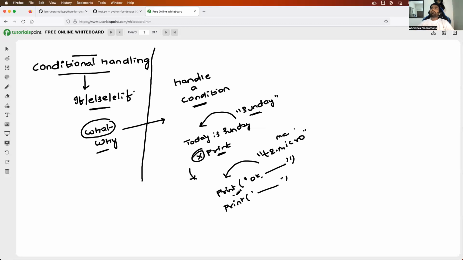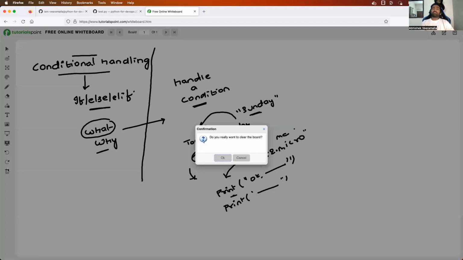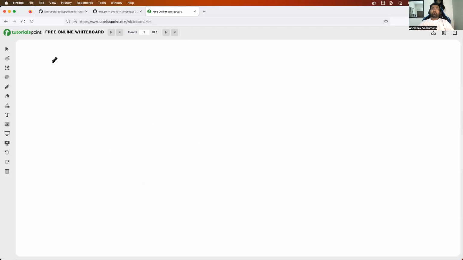Now how do you do this? Till now what we have learned is how to write the print statement or how to write a block of code. But we never learned how to execute code only when a condition is met, or depending upon a condition. I said only if the instance type is t2.micro, or only if the user's input is t2.micro, only then execute the print statement. So for that purpose, you have something called conditional handling, and you can implement that